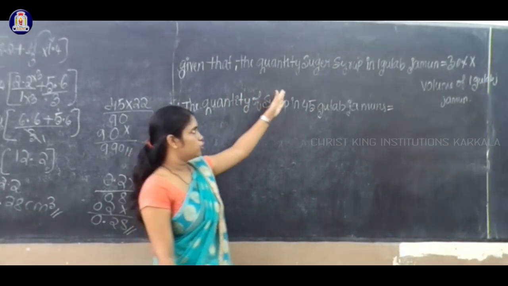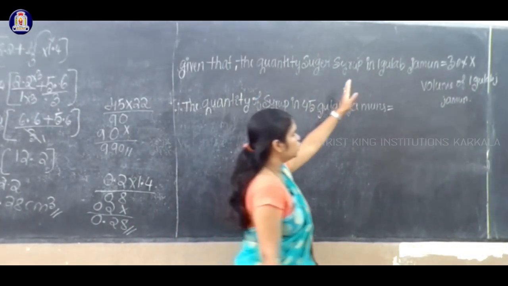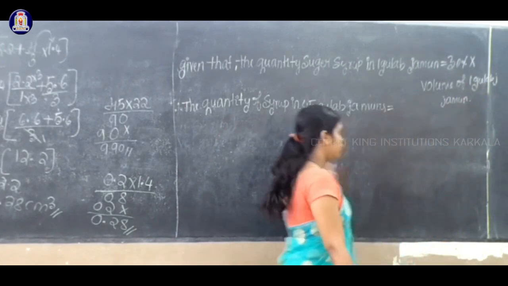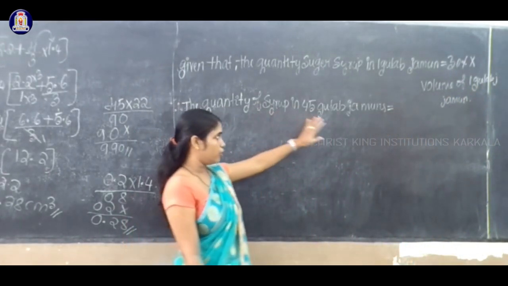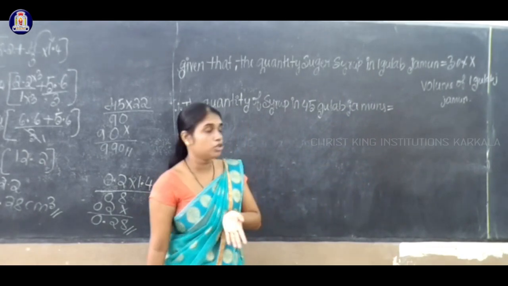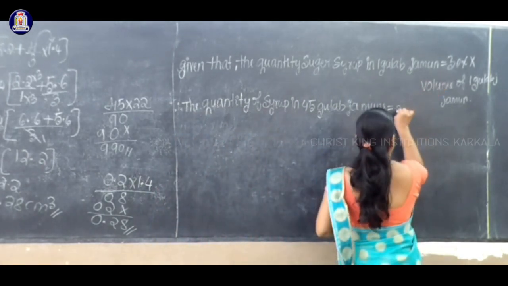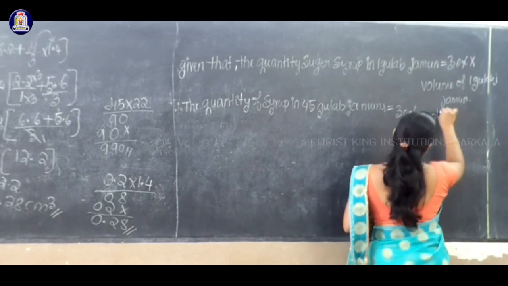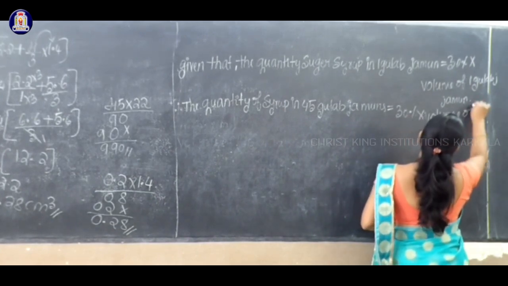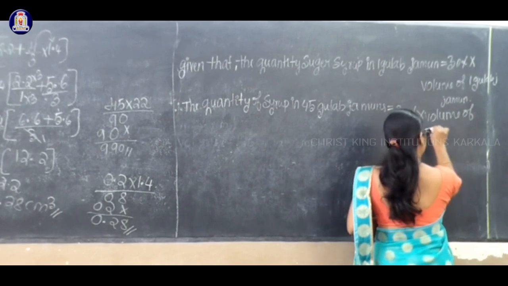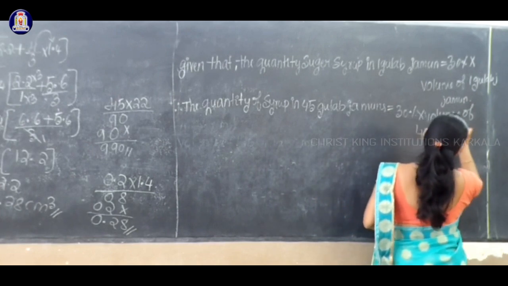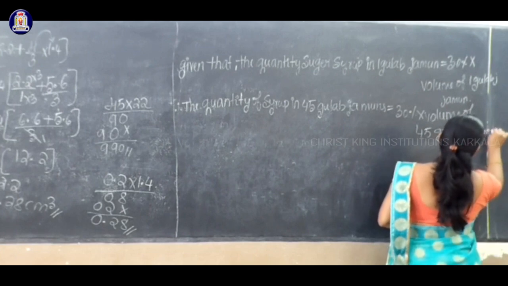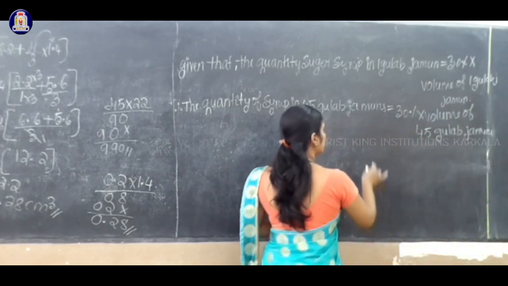Quantity of sugar syrup in 1 gulab jamun equal to 30% into volume of 1 gulab jamun. So therefore quantity of syrup in 45 gulab jamun equal to 30% into volume of 45 gulab jamuns. Okay. Yes. So this is equal to